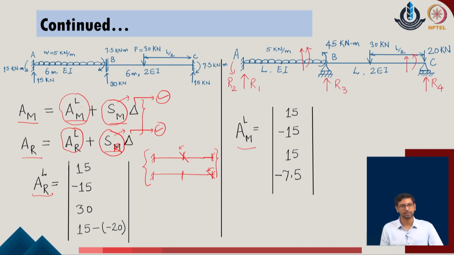If we now look briefly at the system of A of R L and A of M L, we understand that at joint A we look for the reaction R 1, in the positive direction of R 1. So, it happens to be positive 15. The second, the moment reaction, which is R 2, we define this value as 15, which is also in the anti-clockwise sense, positive as initially considered for the given system.